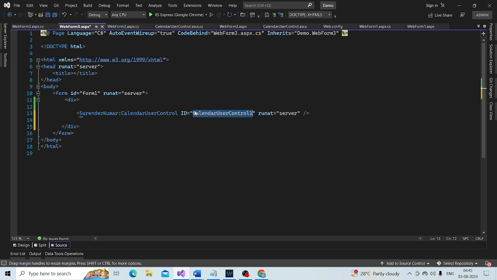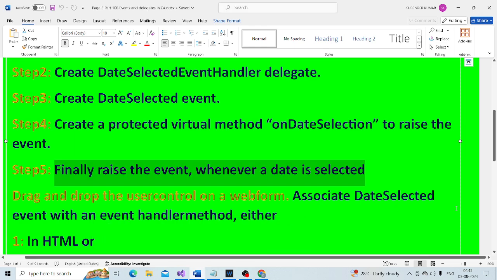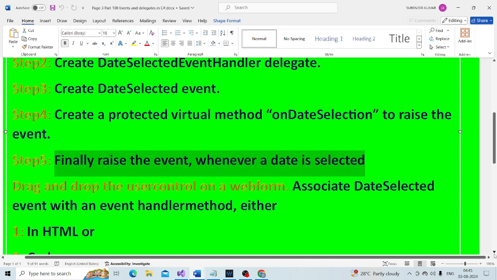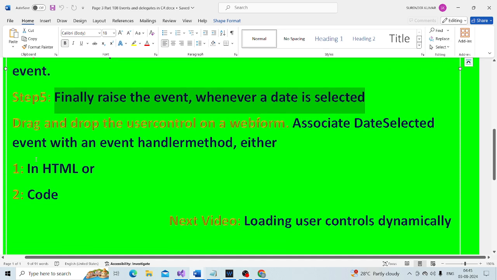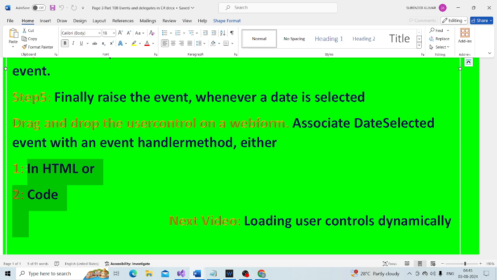Now to consume the event, I mean to hook up the event handler method to the date selected event of this calendar user control, there are two ways to do that. One, you can do it in the HTML, or you can do that in code.